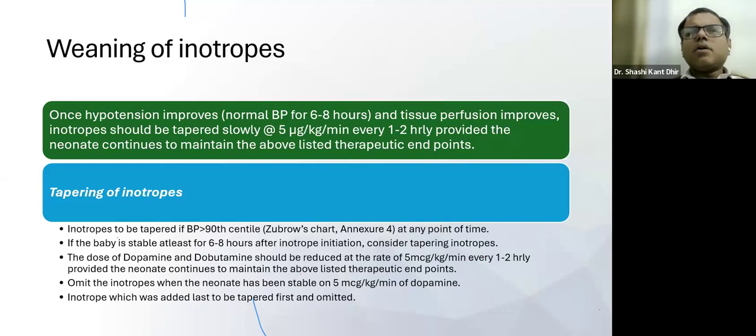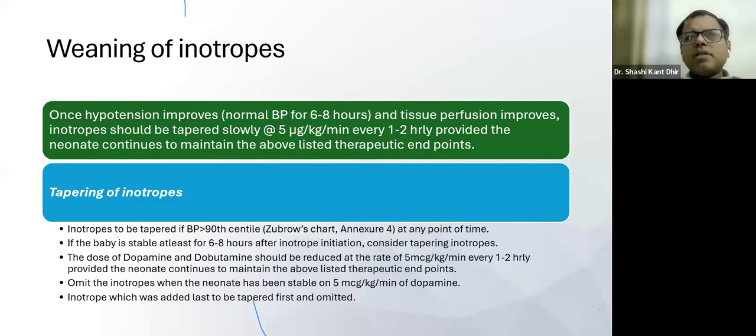So with the echo machine, with only eyeballing, the contractility of the heart is not a very good parameter. We should be able to see the baby going into shock using the clinical parameters: heart rate, CRT, mottling of the skin, pulses, urine output. In addition to that, if we are using